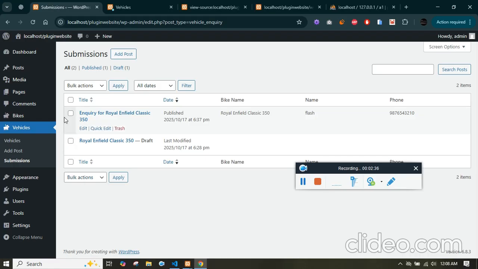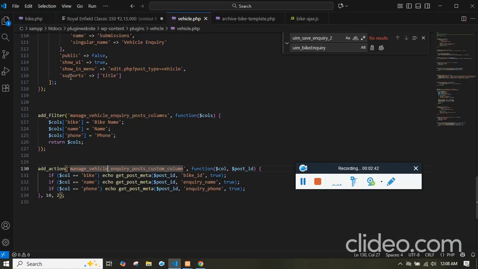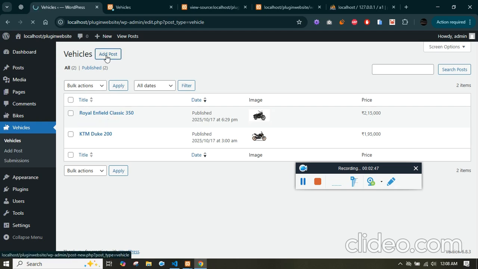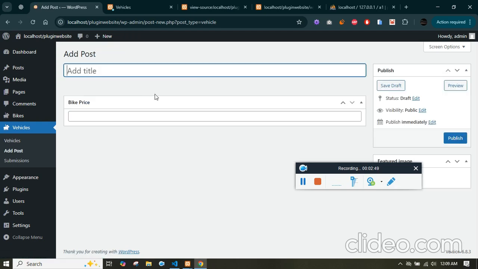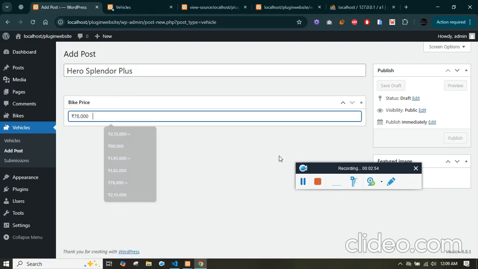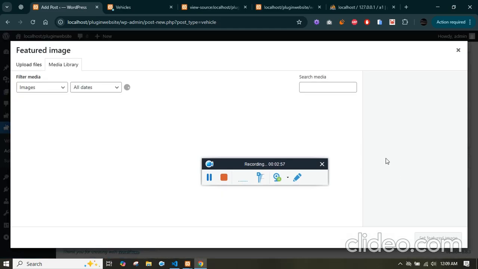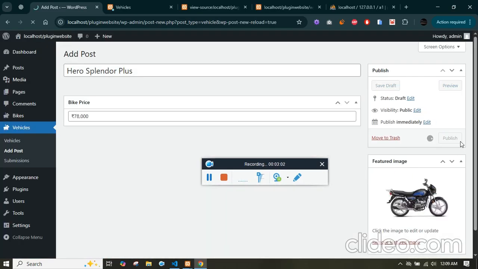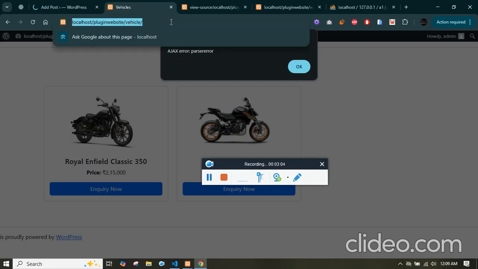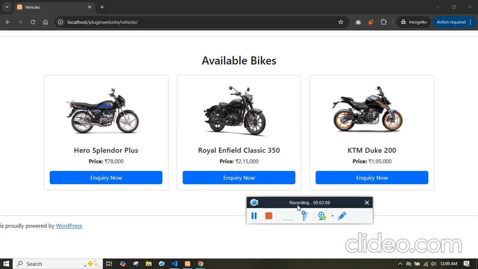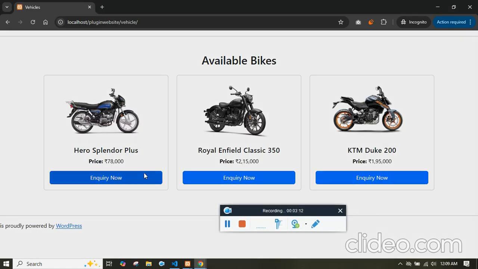Cool. Now let's try adding a vehicle again. So let's add the vehicle called Splendor. Add new post. This is the Splendor, and this is the cost of the Splendor, and this is the image of the Splendor. Select this image and click on publish. So once this is published, let me open a new tab, you should see a new bike that shows up. So let me make an inquiry on Splendor,